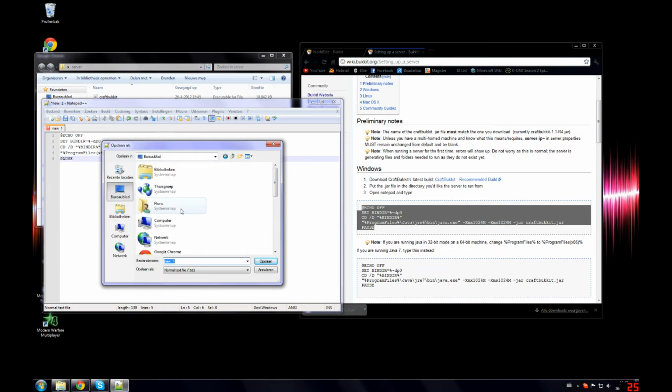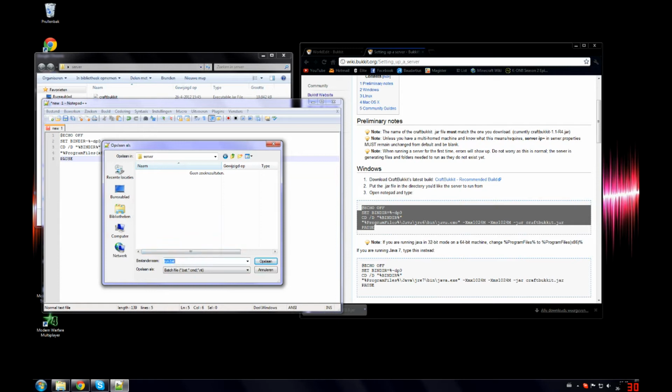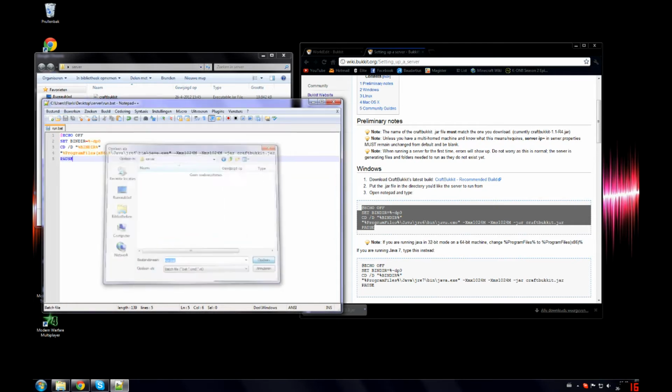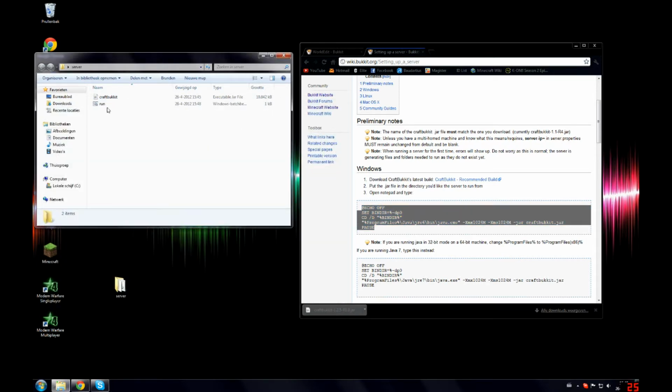I will go to my desktop and to my server folder. There you can see there's a craftbukkit file, and you want to save this as run.bat. That's a batch file, so make sure it says run.bat over here at file name and save it. Now you can exit out of this window and you see the run.bat file over here. Now you're good to go. Double click the run file you just created